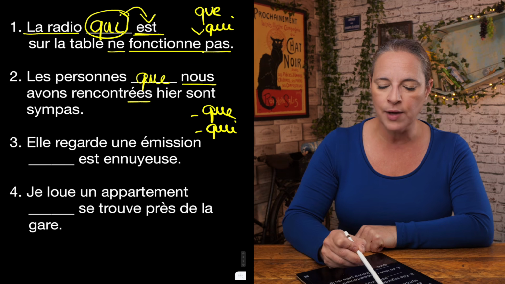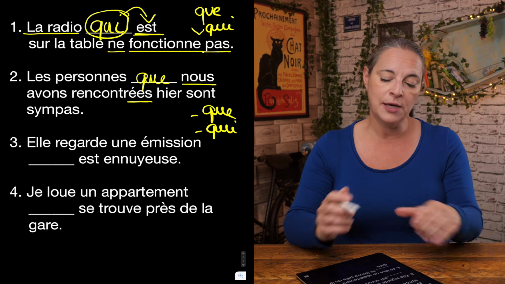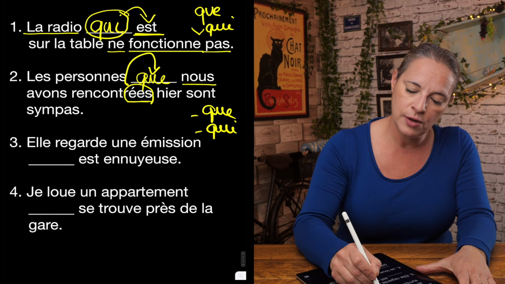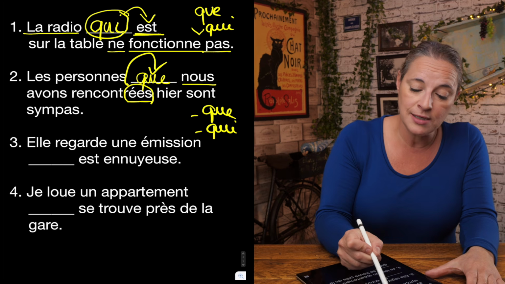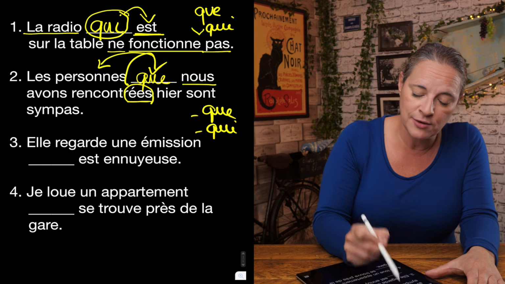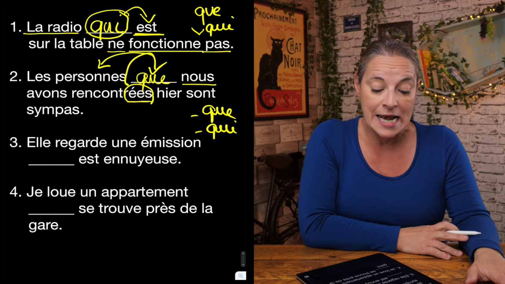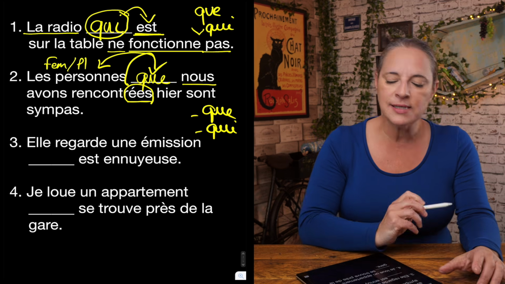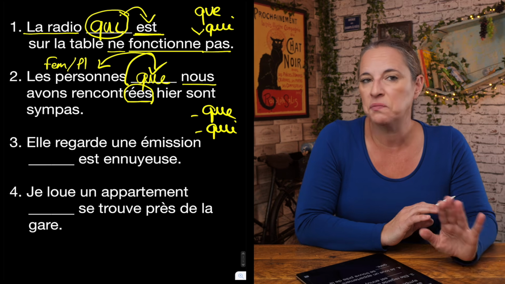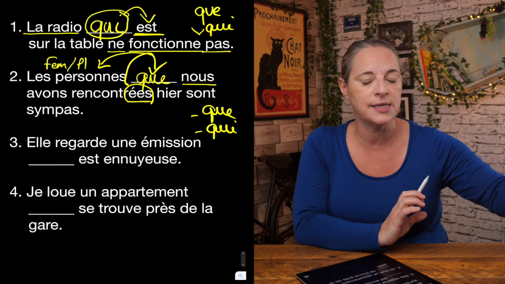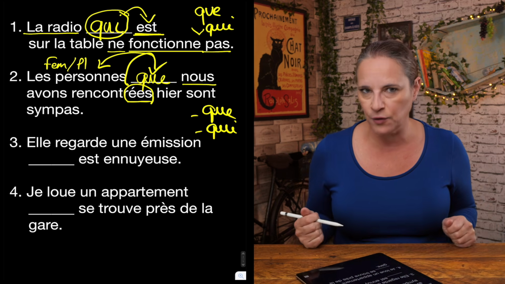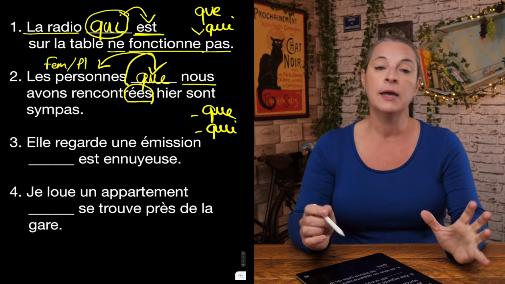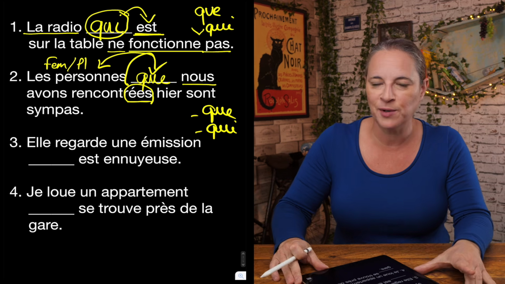Now, you might wonder why we have a double ES here. It's because we are agreeing this to the gender of que. And the gender of que is worked out by the gender of this. Les personnes is feminine, plural. And you know what? This is quite high-level French here. If you don't want to learn that, just ignore that. I'm just pointing this out for you if you just wondered why we have double ES here, okay? Now, there is an explanation on your support guide, by the way, about that.